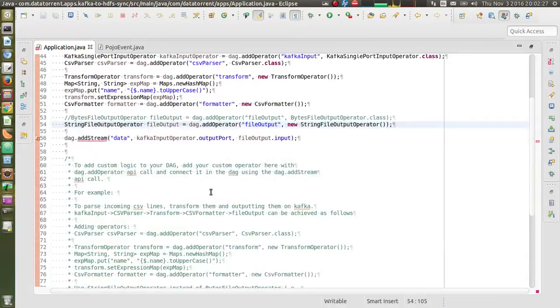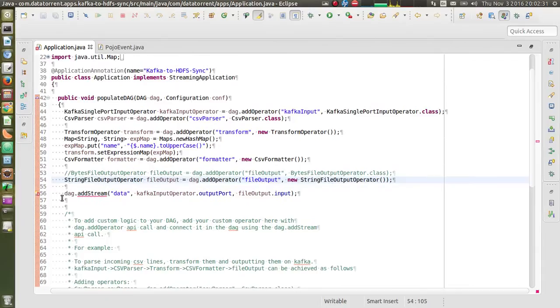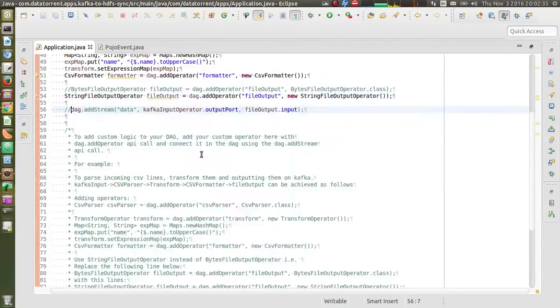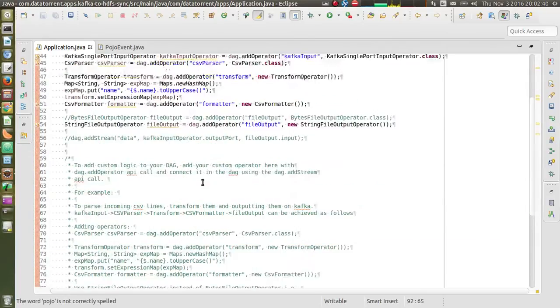and now we need to connect the streams for this new pipeline. So let's comment out the original stream. Let's introduce these streams.